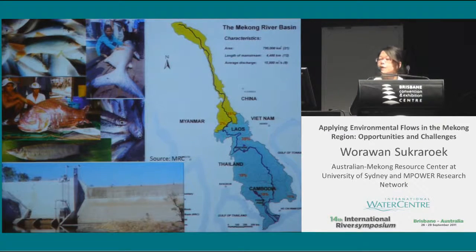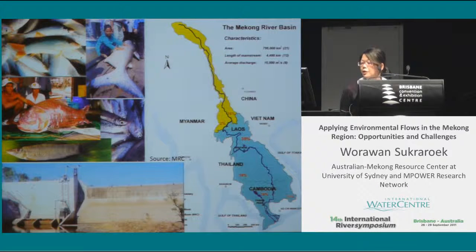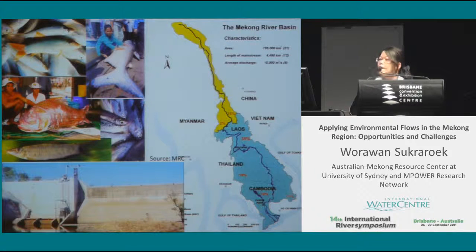Okay, for those of you who are not familiar with the Mekong River Basin, just a little bit of context here. The Mekong River Basin is shared by 6 countries, China, Myanmar. This is considered upstream, and you heard a lot of experience from China and Australian experience of e-flow in the morning session already, so I'm not touching it at all in this presentation. The focus of this presentation is actually downstream, Thailand, Vietnam, Cambodia, and also Laos PDR. Looking at a little bit of China and Thailand, this is the area known for fish habitats, and also fish spawning for the key iconic species, Mekong giant catfish.